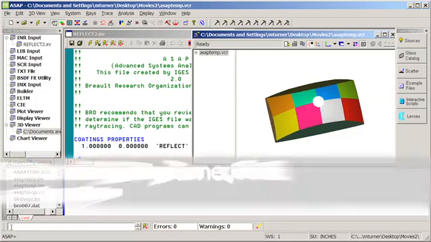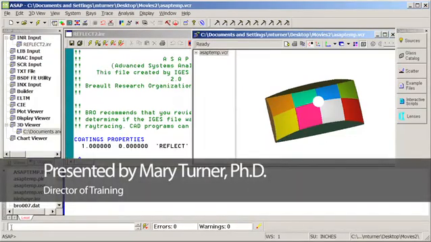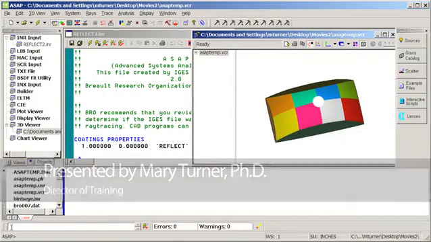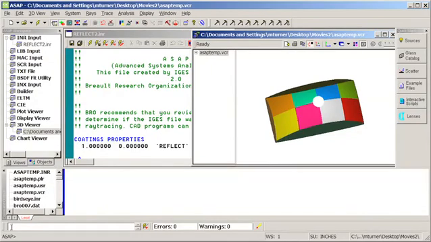ASAP will now automatically detect and allows you to interactively manage duplicate geometry during the IGES input process. You can also import a wider range of IGES objects. In this particular case, what we have is a file that was created in a CAD program and we've imported